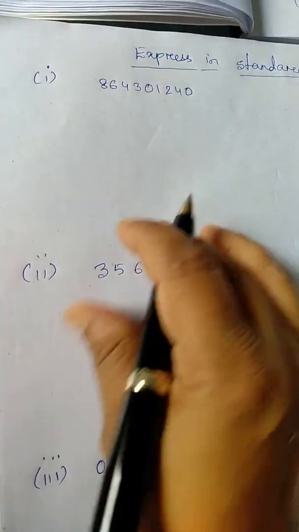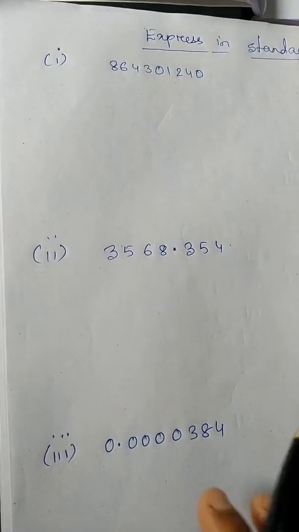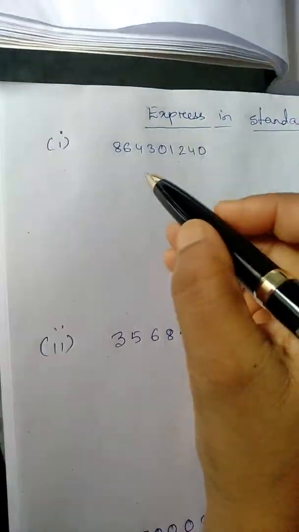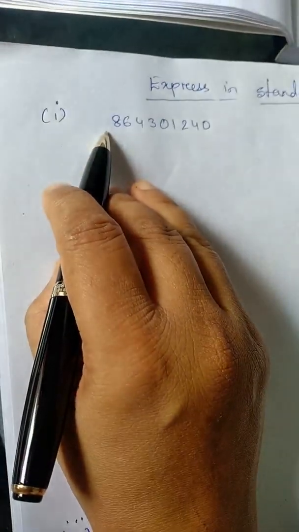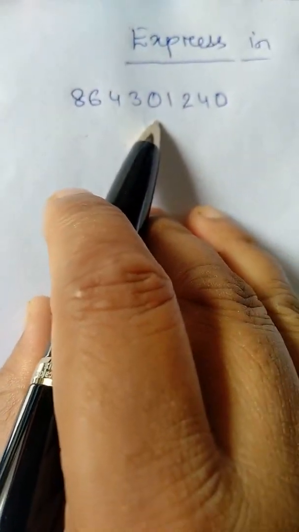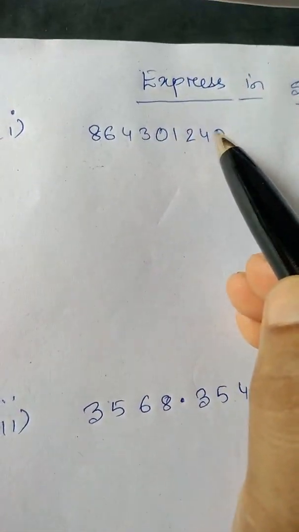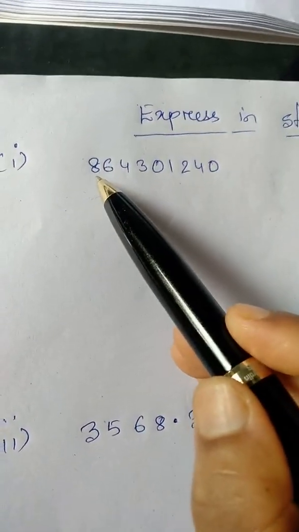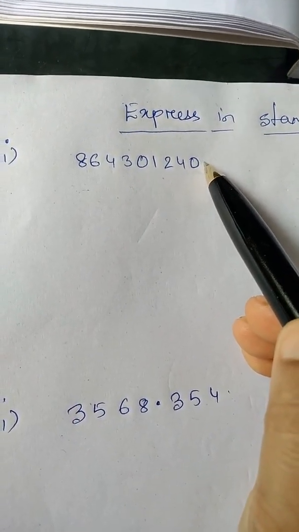As you have requested, I will explain again exercise 2.3, that is, expressing numbers in standard form. I am here with 3 examples. Let us see. Say, for example, a very big number is given to you without any decimal, and you are asked to convert it into standard form. Let us first see the number and where the decimal is placed. Since the number is like that, it is implied that the decimal is here.